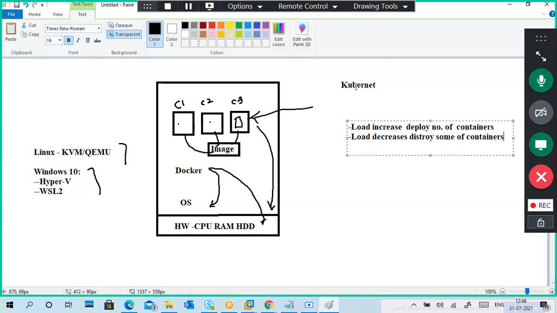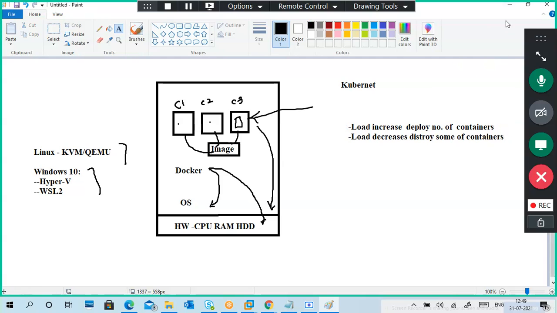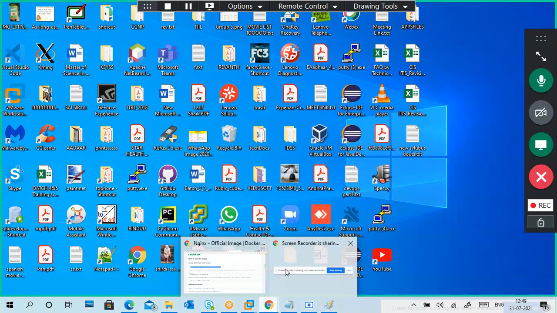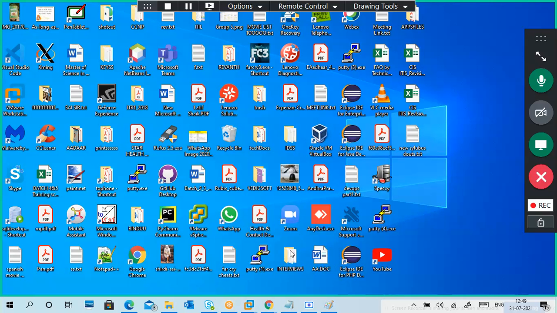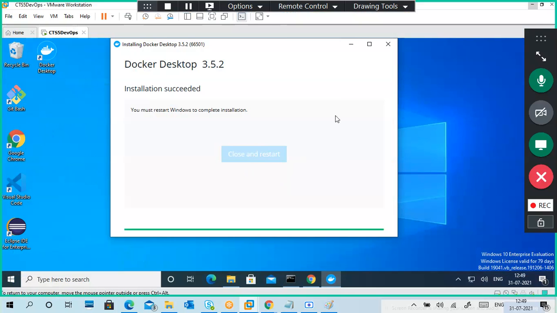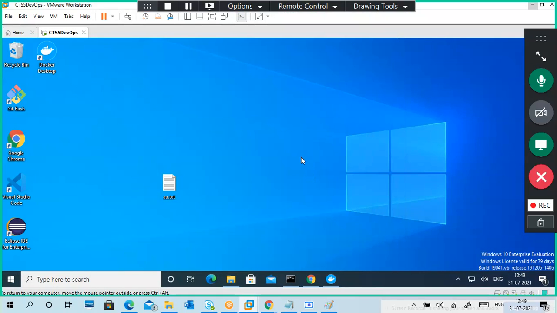That is called Kubernetes. So this is your Docker and Kubernetes. You can use Kubernetes as a cloud service or as a manual service also. So this part is completed. Because I don't want to restart now, I will minimize this one. Maybe my machine will go a little bit slow. I will restart it later.